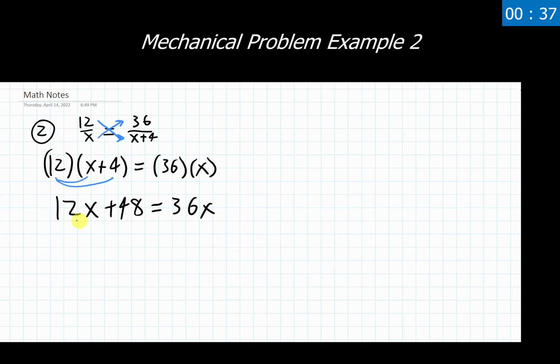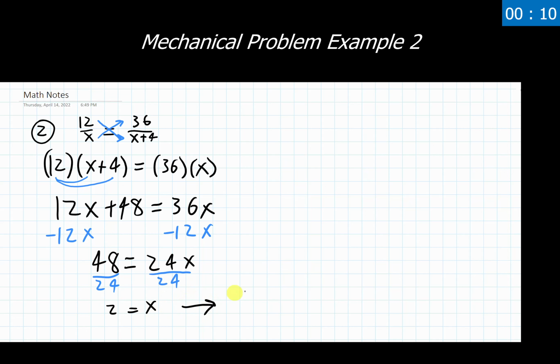So we simplify both sides of this equation. Awesome. Now we're solving it just like a problem from Chapter 2. I'm subtracting 12x from both sides. It's the variable with the lowest valued coefficient in front of it. Getting 48 is equal to 24x. I'm dividing both sides by 24 to get x all by itself. And I'm getting 2 is equal to x. If you wanted to do a rewrite of this, you absolutely could. Just make this x equals 2.